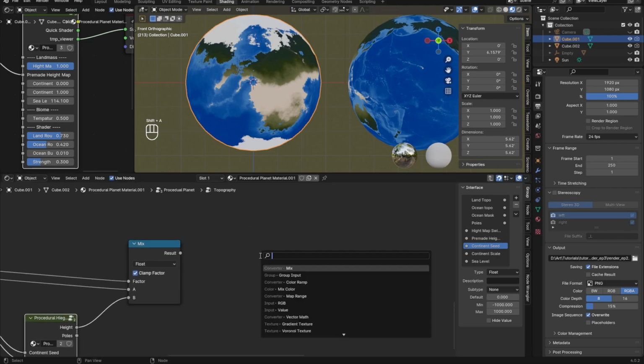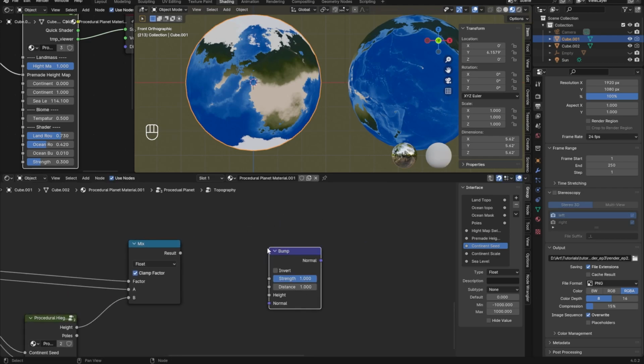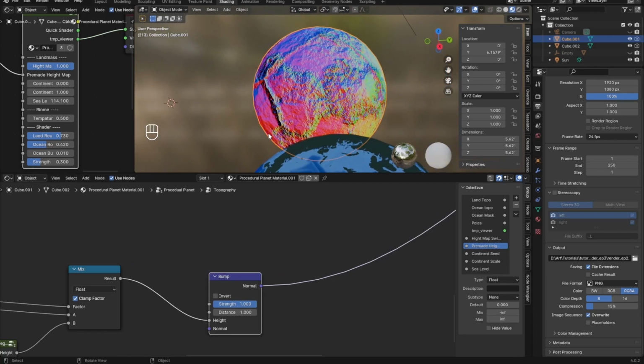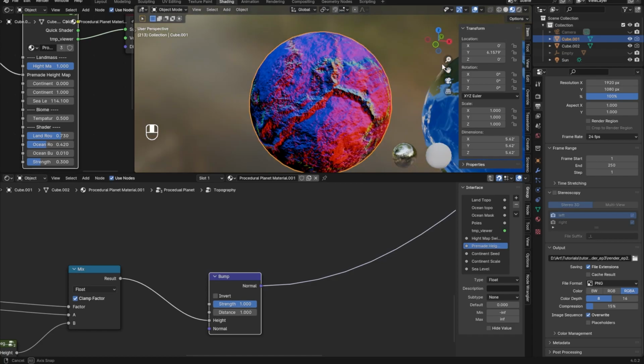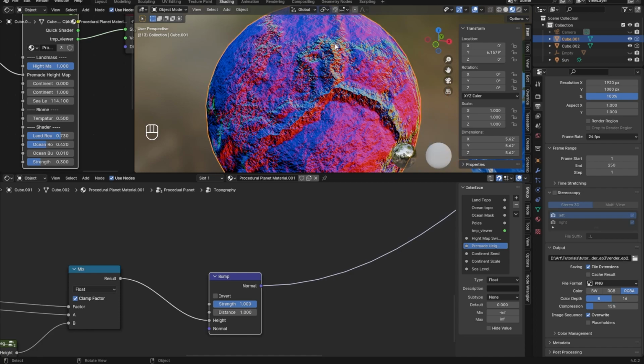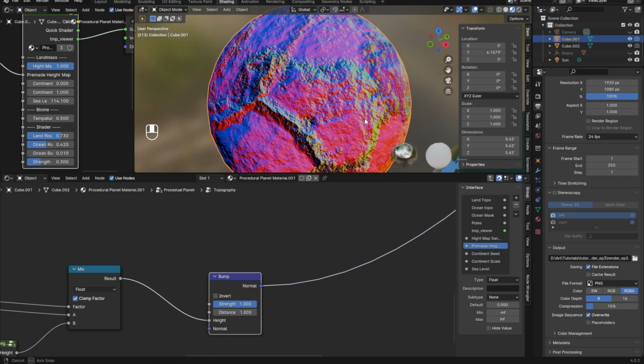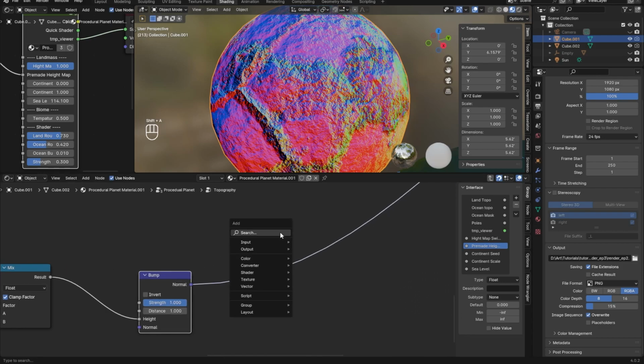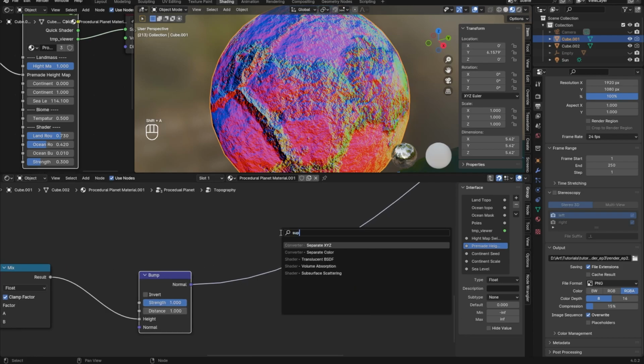And we're going to grab a bump and plug this into height. Now, what the bump does is it, of course, gives us the data of the sides of the mountain, if that makes sense. Basically, we can extract the data that will tell us what one side of the mountain is versus another. So if I do separate XYZ